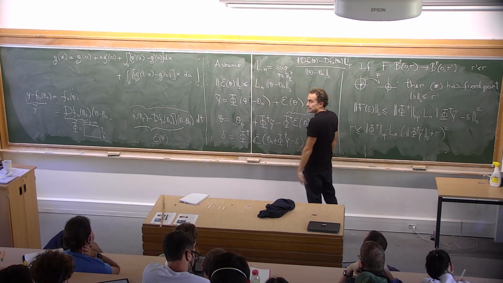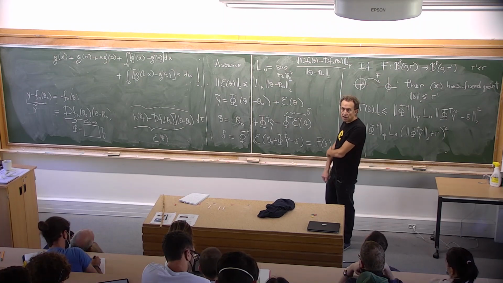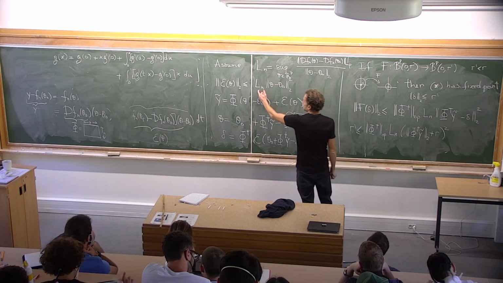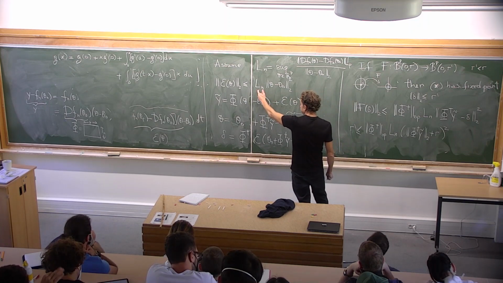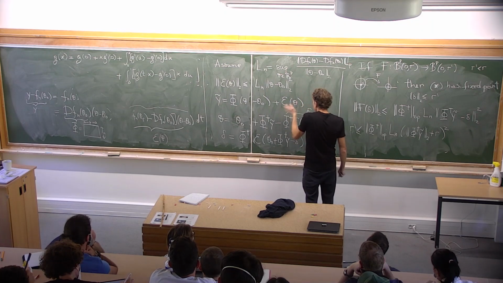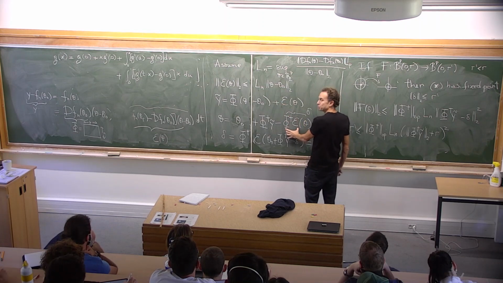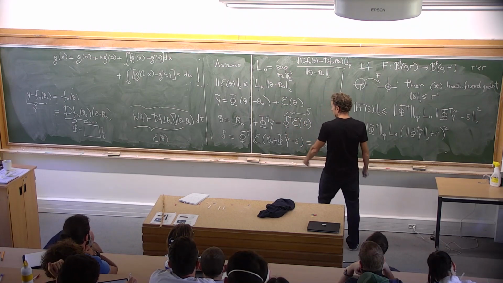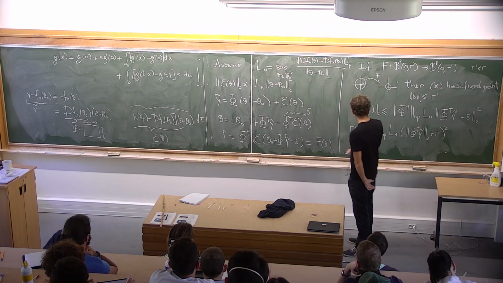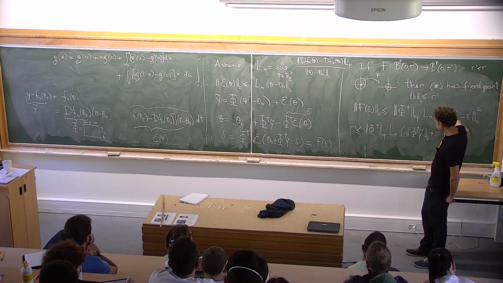So think of Ln as a bound on the second derivative. So Ln really quantifies how nonlinear my model is, right? So this is the bound on the second derivative. Fine. And now psychologically I'm thinking of this as a small error. So I put it here, and now I try to find the fixed point of this recursion. Right? And now here I use my bound on the error.